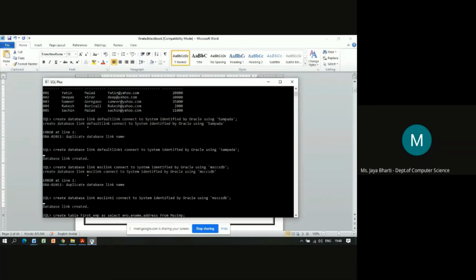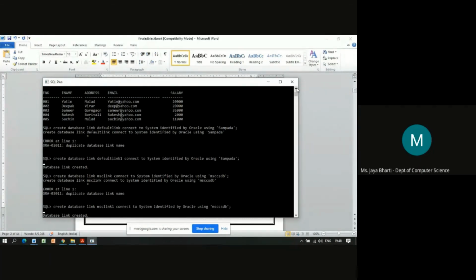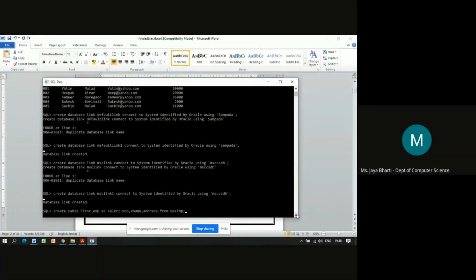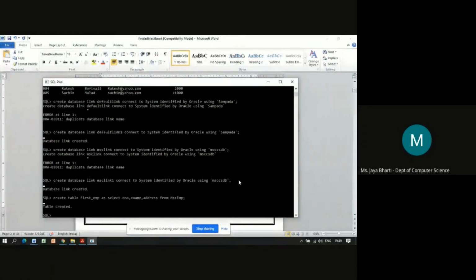So create table space fragment name, that is first underscore EMP. As is a keyword, you will write it as it is. And from table MSc EMP, I have taken employee number, employee name, and address. Okay, only these three columns for the vertical fragmentation. So the table is created, so the fragment is created.